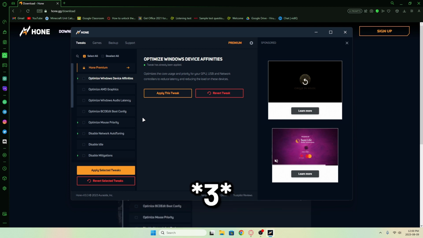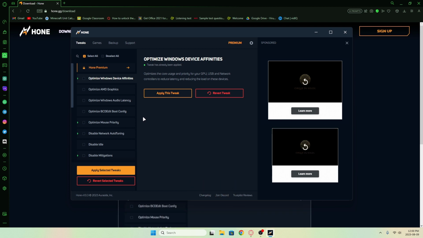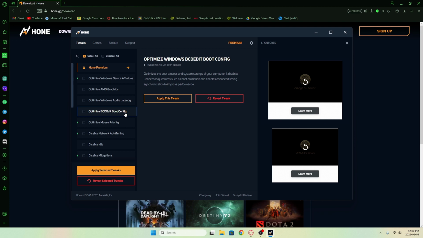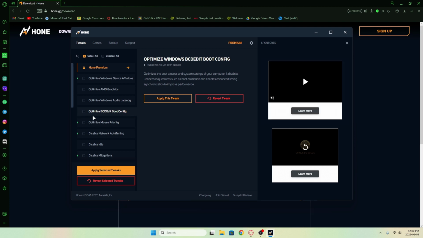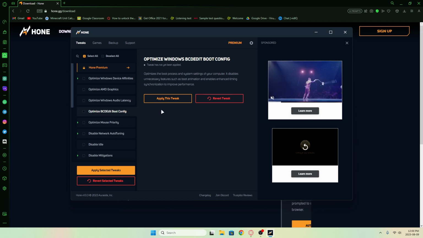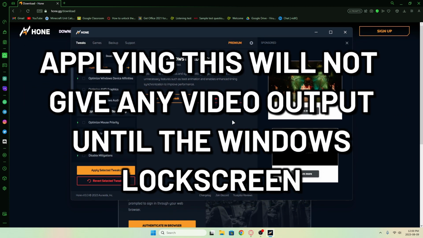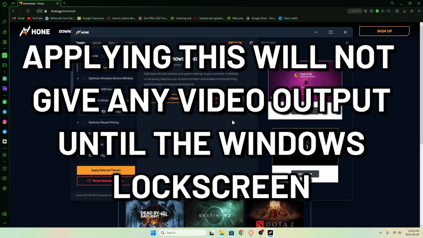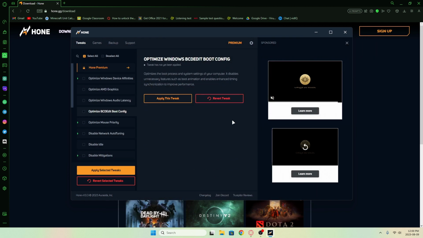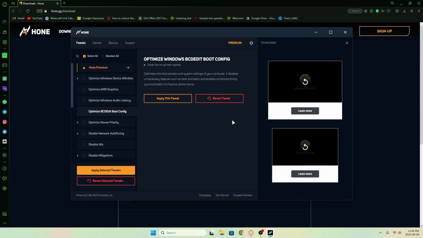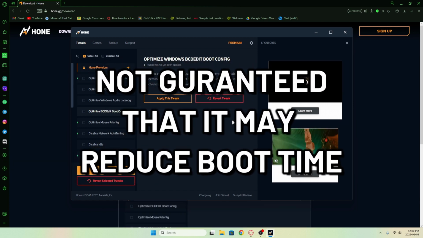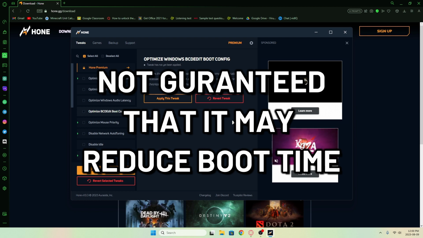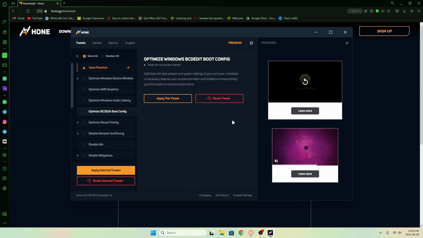And the other optimizations that I would say you can apply but are not recommended, like it's optional, it's up to you, is first optimize BCD edit boot config. So basically what it does is disables all kinds of startup processes which come when you boot your computer. Like let's say if you have an Asus computer, it shows Asus and the Windows loading thing, like that spinning circle. So basically when you apply this, it won't show any of those, and it may or may not improve your boot time. Like maybe it would decrease your boot time by let's say 2 seconds or 3 seconds,